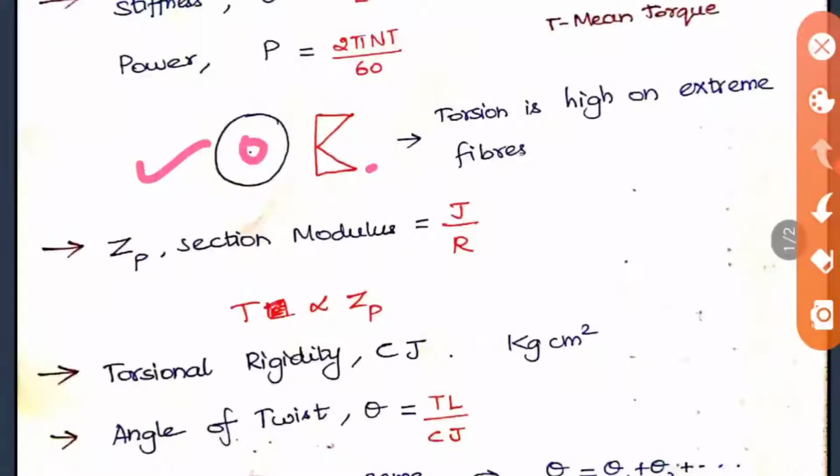Okay, so this is the diagram representing the torsion for a circular shaft, whereas in shear stress the diagram will be like this. It will be minimum, zero, at the ends and maximum at the neutral axis, but in torsion it is reversed. At the center it is zero and at the ends it is maximum.